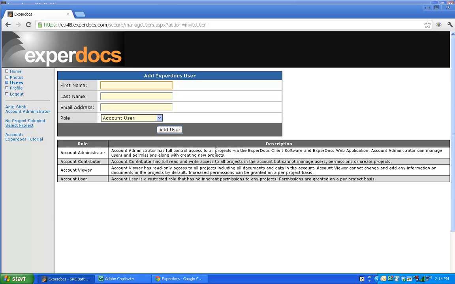The role is very important, as this will determine what permissions you grant the user who you're adding to your account. I'm going to go ahead just for example, and we'll add a name of, I'm just making this up, Thomas, and we'll add a last name of Orlando, and we'll give him an email address. I'm just of course making this up. And we will give him an account user role. Click on add user,